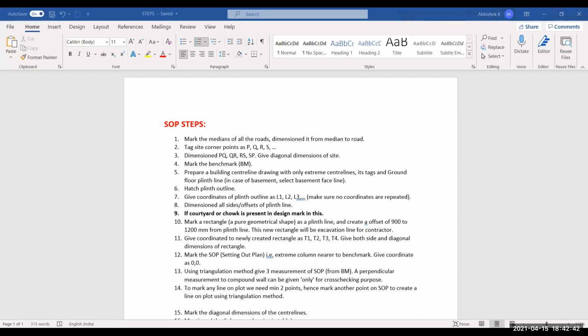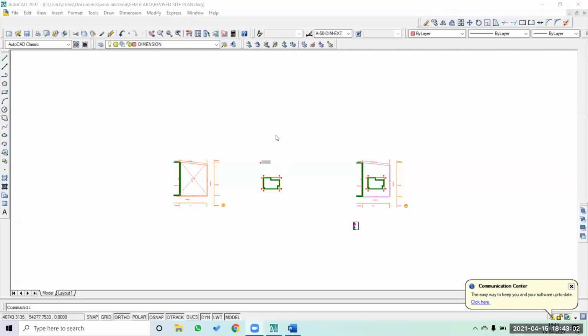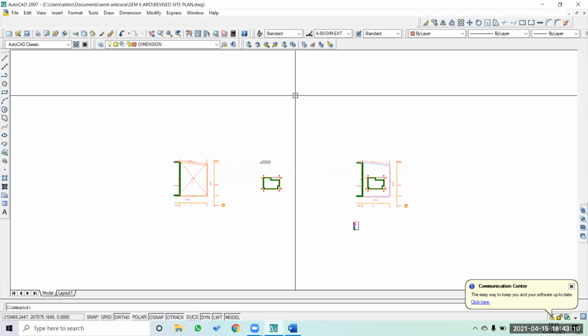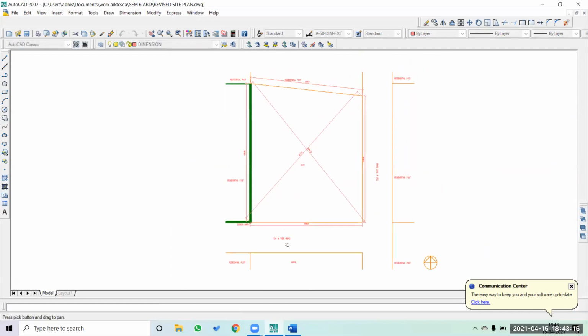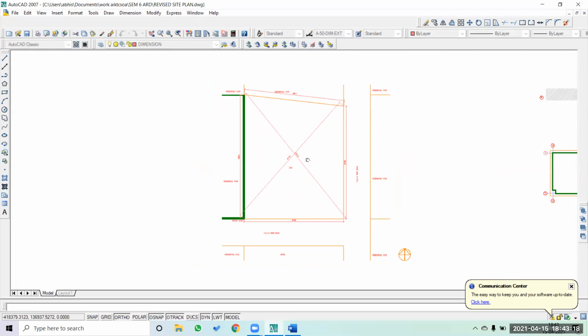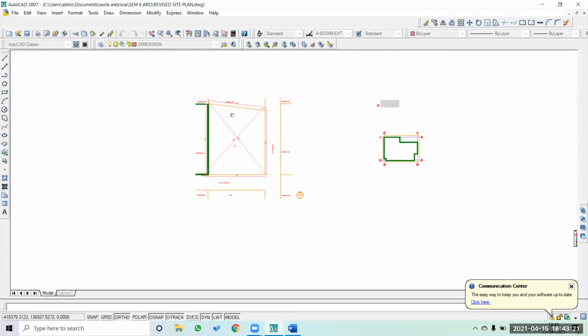If you see the screen right now, what we are looking at is a file which is already shared with you all, which shows the site and a little bit of the surrounding with site measurements and diagonal measurements.